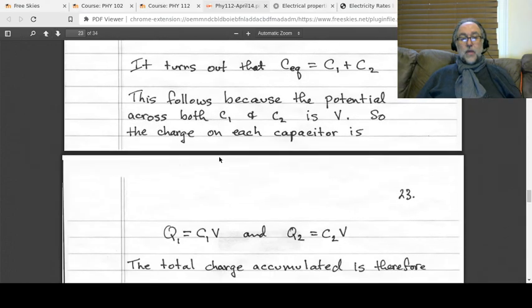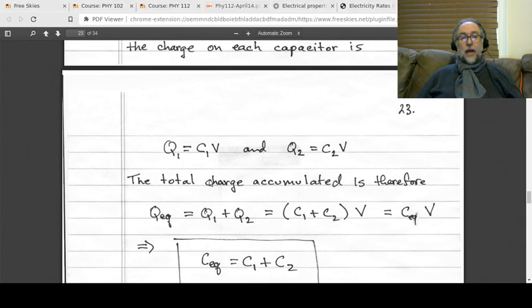Now, what's the charge accumulated on C1? Well, the charge accumulated on C1 is Q1, and Q1 is going to equal C1 times V, coming out of the definition of capacitance. And the charge accumulated on C2, Q2, is going to equal C2 times V. But the V's are the same because the voltage drops across both of them are the same. So what's the total